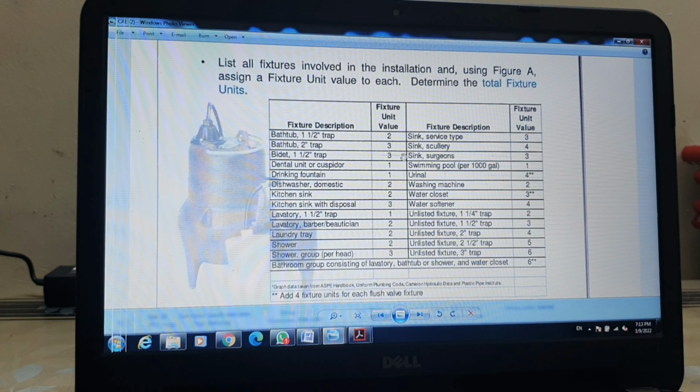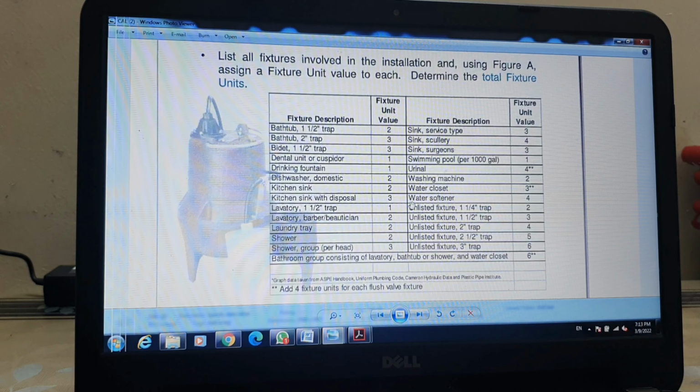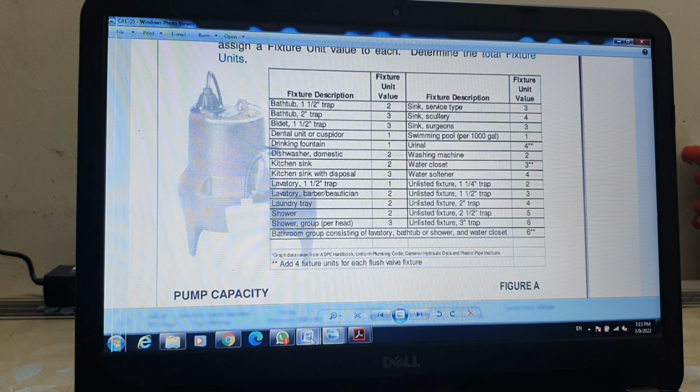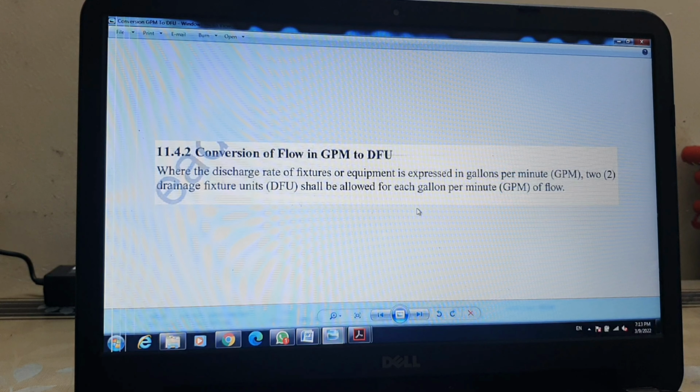Nowadays we have Excel sheets and software that we use. We just put our fixture quantity in that table, Excel sheet, or software, and we get the total GPM for our submersible pump. But in general, as a thumb rule, there is a provision available that if you can see here, we have one